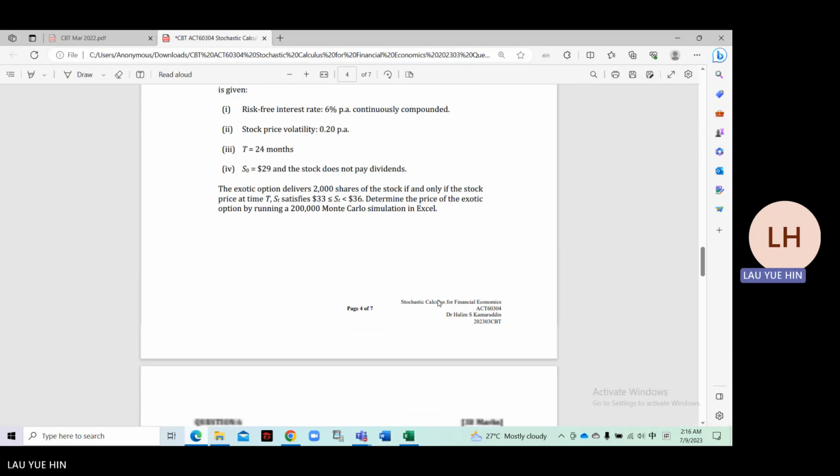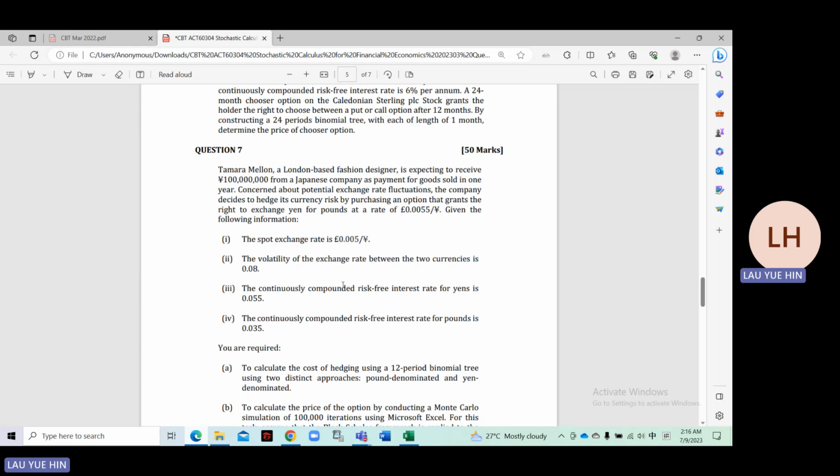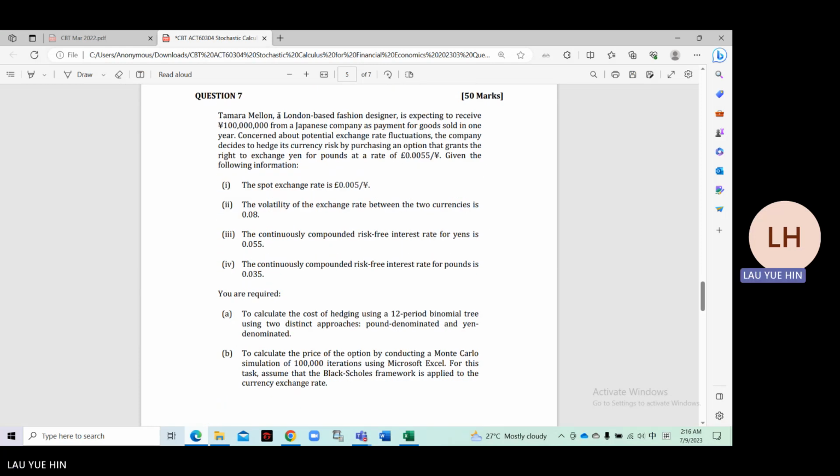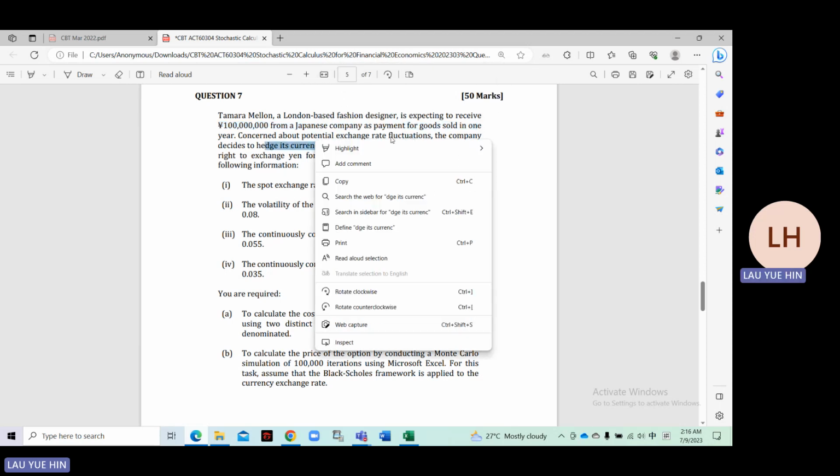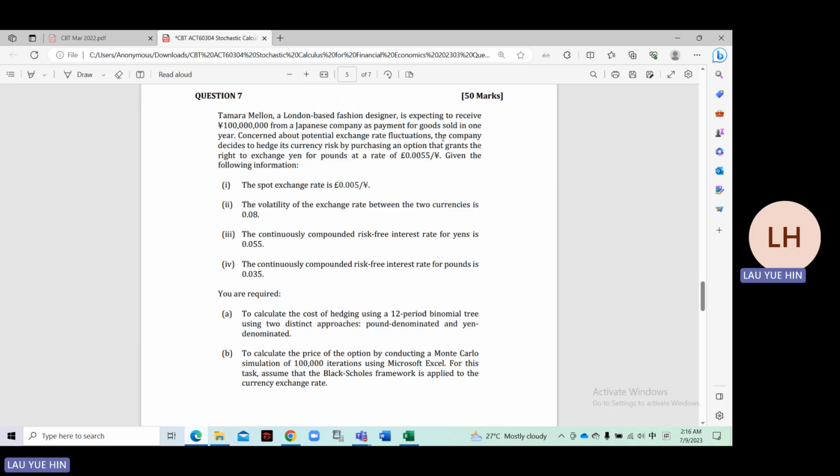Next, we move on to question number 7, in which a London-based fashion designer is expecting to receive 100 million from a Japanese company as payment for goods sold in 1 year. Concerned about potential exchange rate fluctuations, the company decided to hedge its currency risk by purchasing an option that grants the right to exchange yen for pounds at a rate of